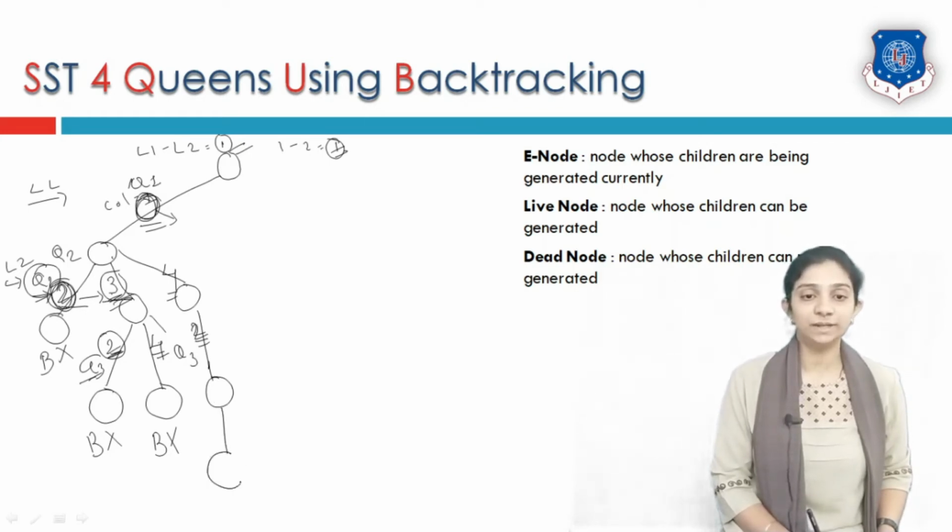Now we will place queen number 4. Queen number 4 is being placed, and columns 1, 4 and 2 have been occupied, so we will put queen number 4 in column number 3. But before we complete this particular branch, we must check the bounding condition. The difference between these two levels is 1 and the difference between the columns is also 1. So using the bounding condition, we must stop growing our tree from this particular node and go one step back, and we have to try some different option.